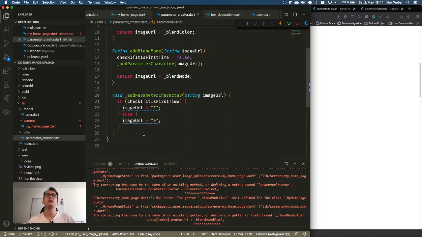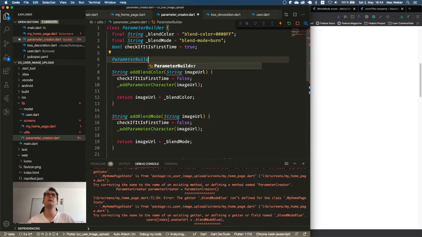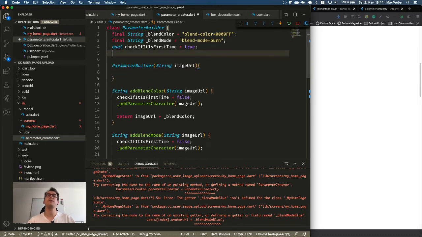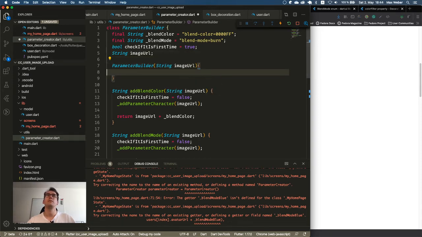Because what I want to do is instead of having all of this, we want to have the parameter builder here inside, where we get the avatar URL or an URL inside. Better the image URL string. And now we want to save in this object a string called avatar URL and or image URL. And if this is the case, I don't need these curly braces.